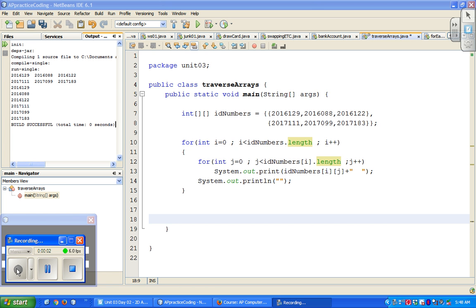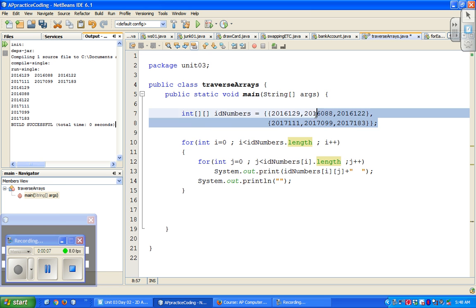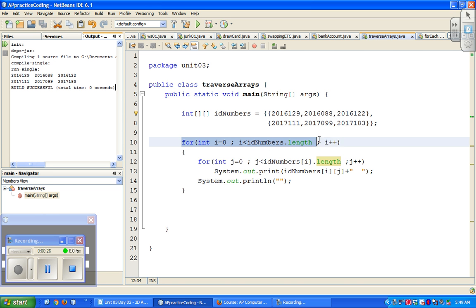For this video, I'm returning to a two-dimensional array that I had created for tracking student ID numbers. If you've seen that video, there's a for loop that we used to traverse through that whole list of ID numbers so we could print it. There's a for loop inside a for loop. The first for loop runs through each row, and the second for loop checks each column in